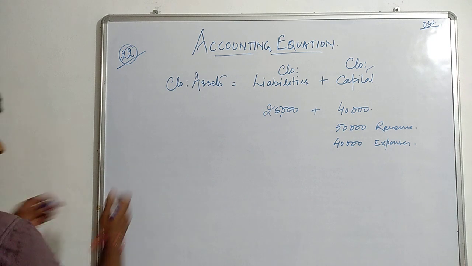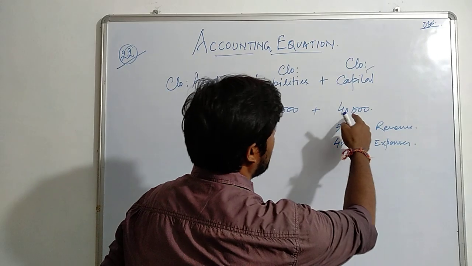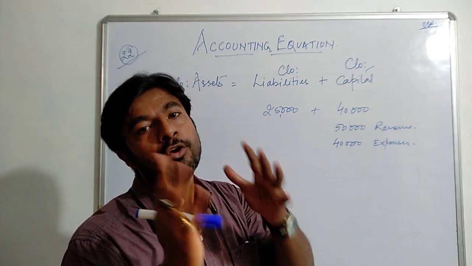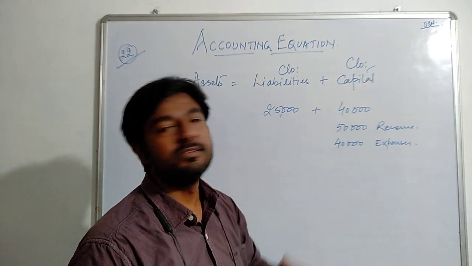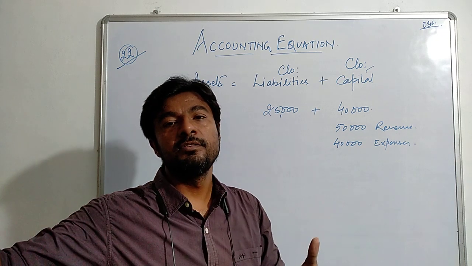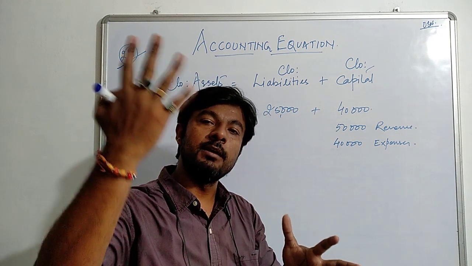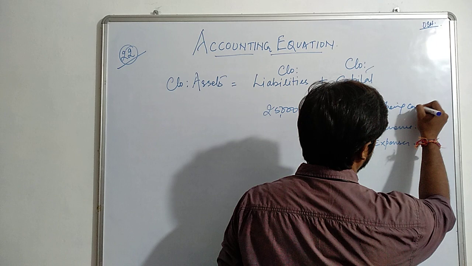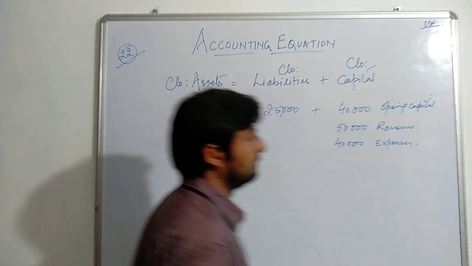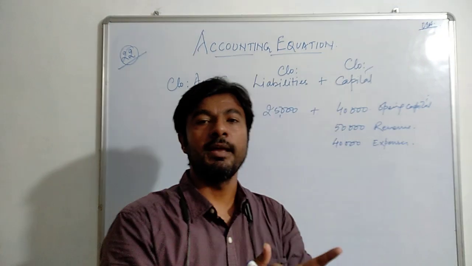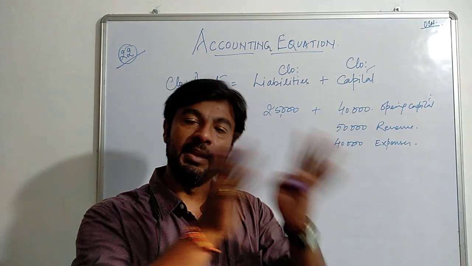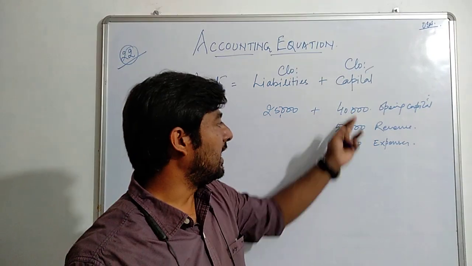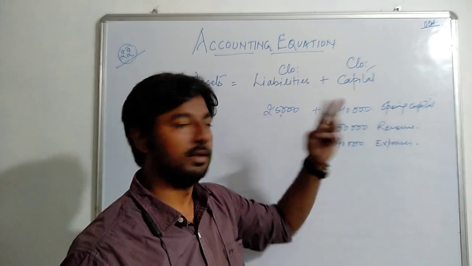Now see. We all know that if capital is there, but here they have not mentioned that this is the opening capital. But we all know that when we do business during a particular year, some incomes and some expenses are there, right? That means this is the opening capital. आप ही जानते हैं अगर पूरे साल में आप बिजनेस करेंगे तो कुछ इनकम होगी, कुछ खर्चे होंगे. जब इनकम और खर्चे एडजस्ट कर दोगे कैपिटल में, तब जो बचेगा वो क्लोजिंग कैपिटल कहलाएगा. तो अगर एडजस्ट नहीं किया गया, इसका मतलब ये क्या होगा? That is the opening capital.